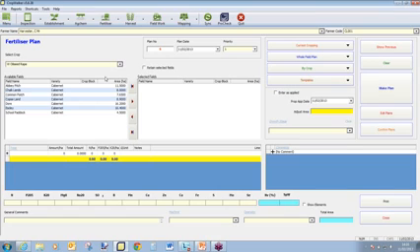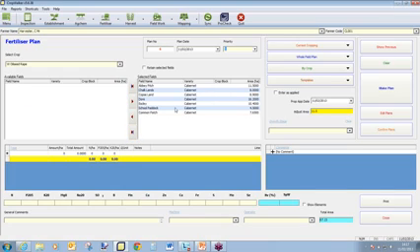So if I choose the crop that I want to see previous plans for, and then select the field that I want to view, or if I want to apply the plan to all fields, I move them all across, and I then select the field that I want to view by clicking on it to highlight it in blue. I then move across and click this button on the top right hand side of the screen, show previous,